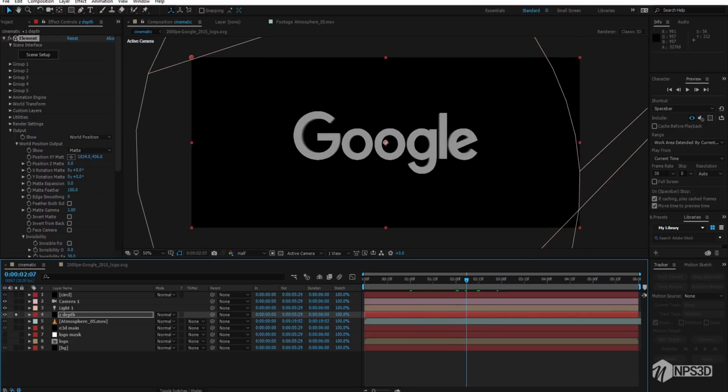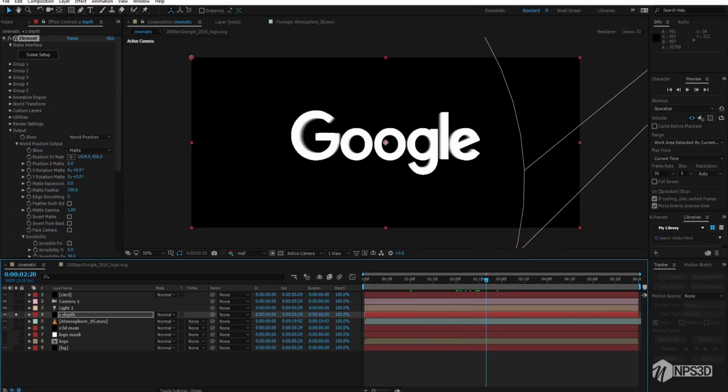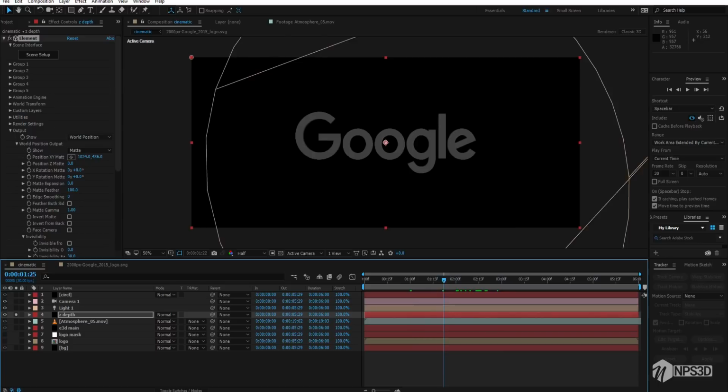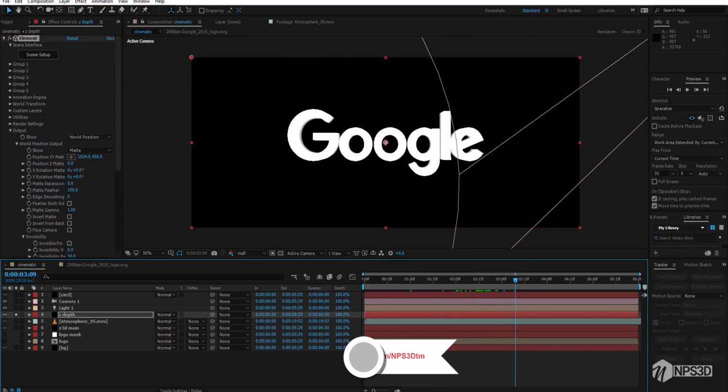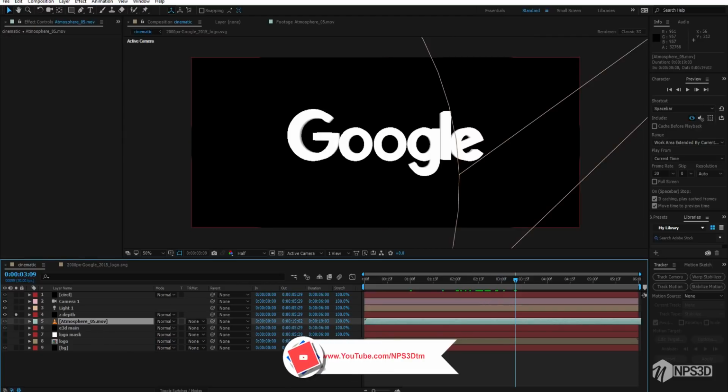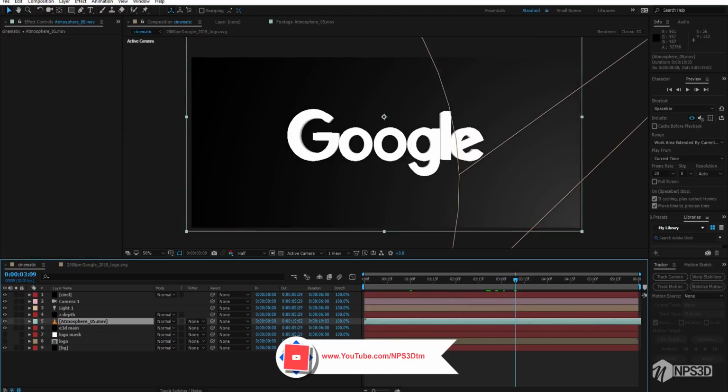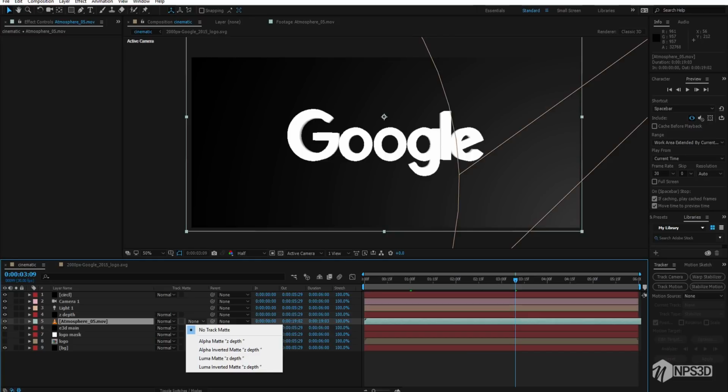And you can see, right, go to the atmosphere layer and change to